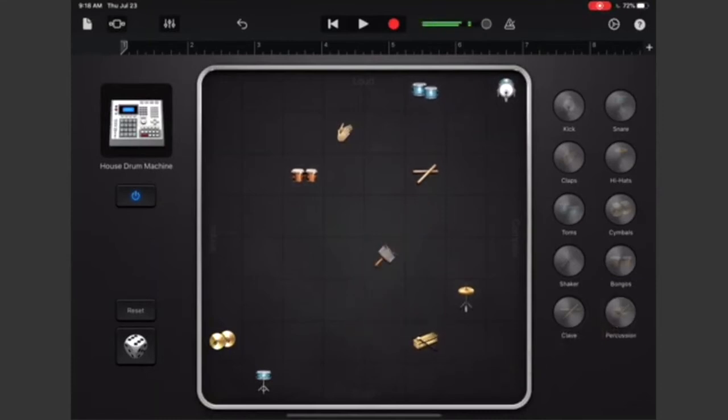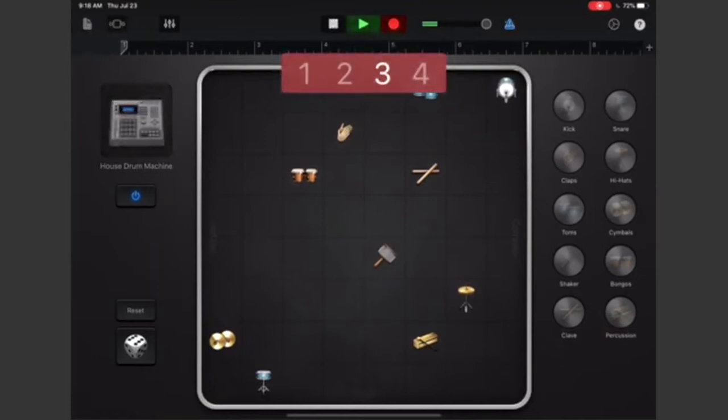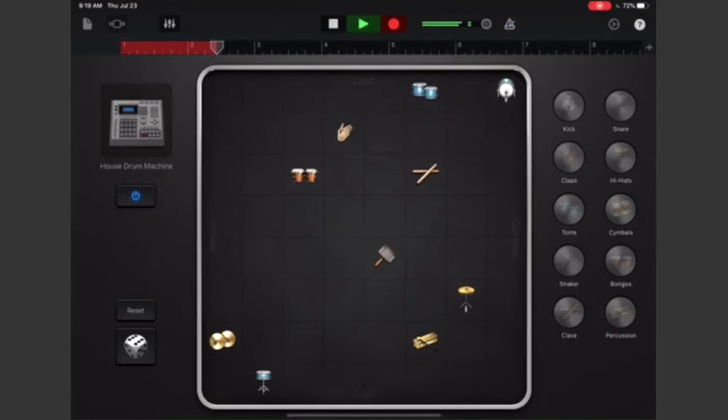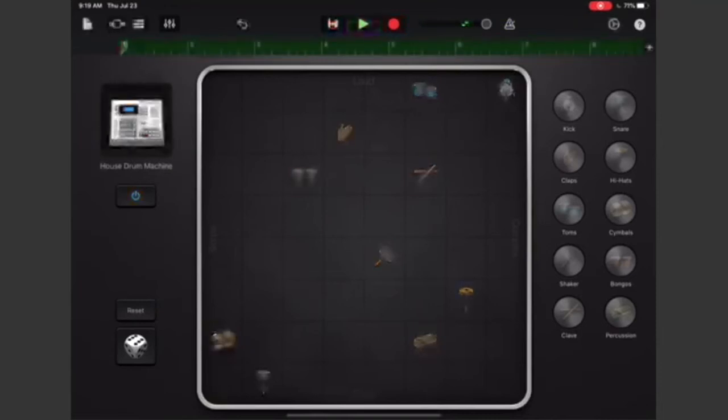And when you play, after you hit record, and when you get 8 bars, I want you to stop that.